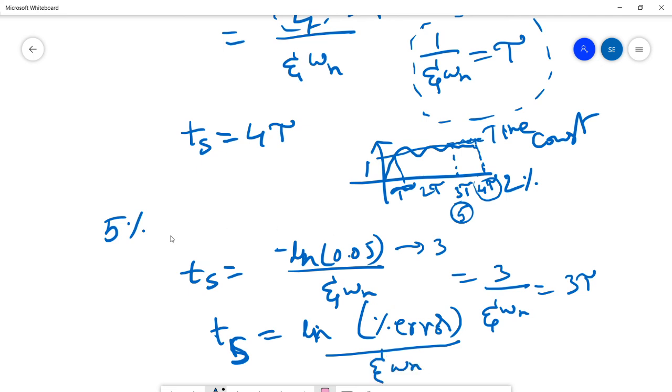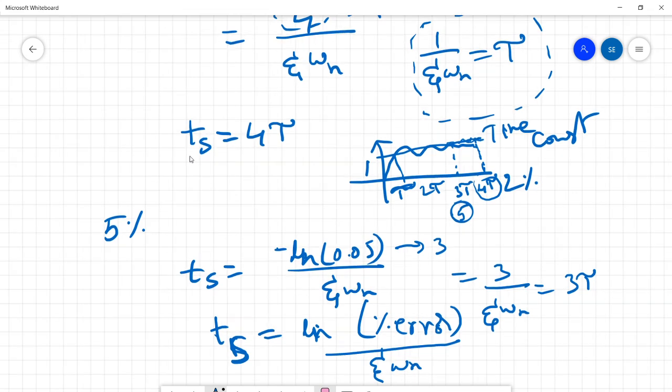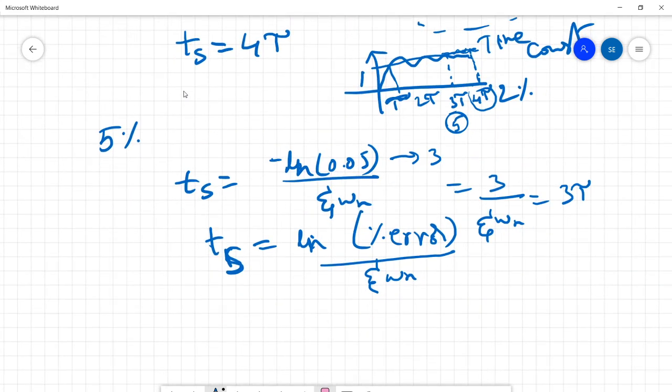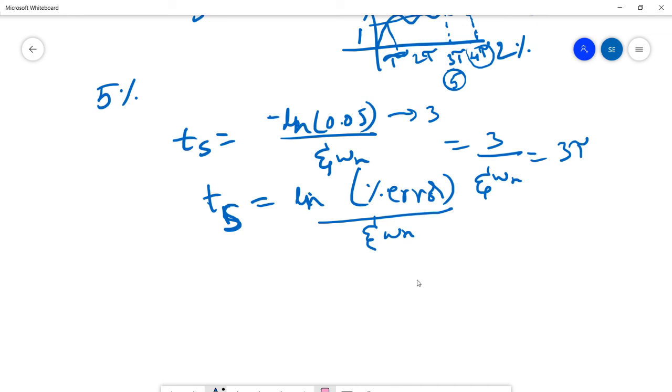See, in a few processes, a few systems, it may not go to the actual desired value. It may be oscillatory throughout the process. Like you may get a response like this, keep on reducing, but it won't be zero. But the maximum allowable oscillation band would have been reached, so you have to take it as error. Suppose at some point, this is 1.2, the error is the difference between the peak point and the actual value.